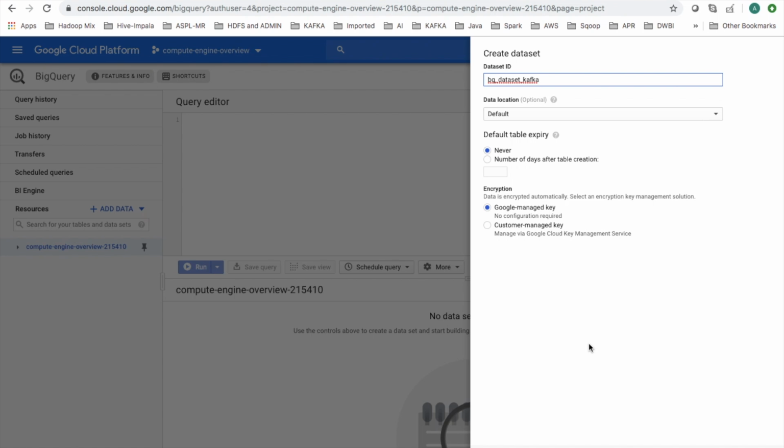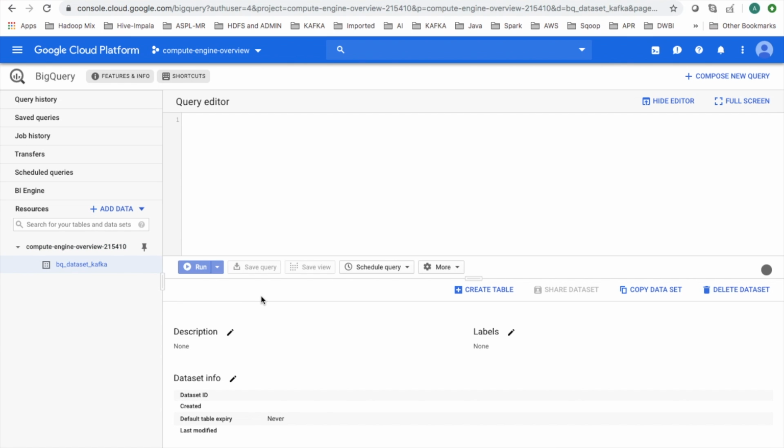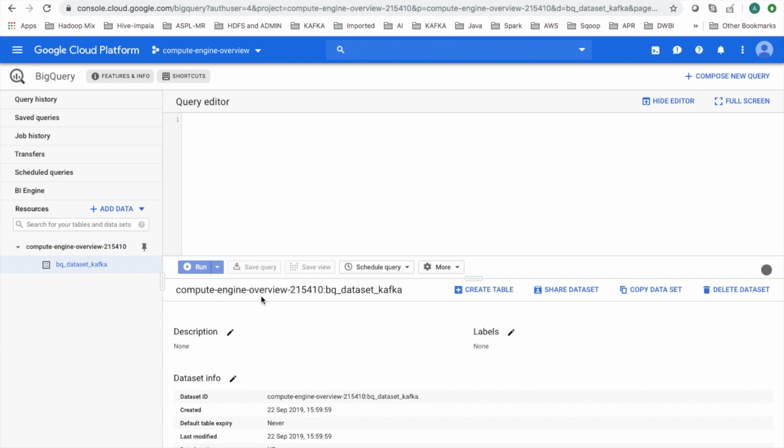We are not going to change anything, and I will just click on create dataset. Okay, so it's getting created. Okay, perfect. So my data set is created,